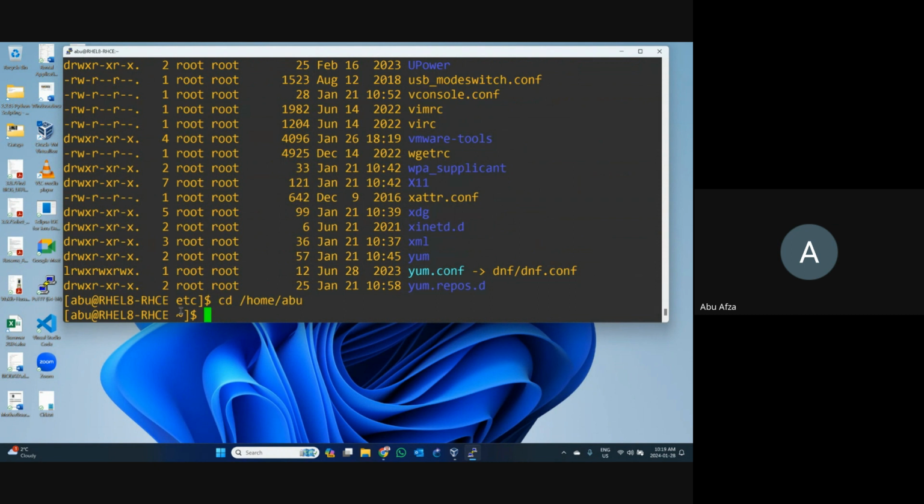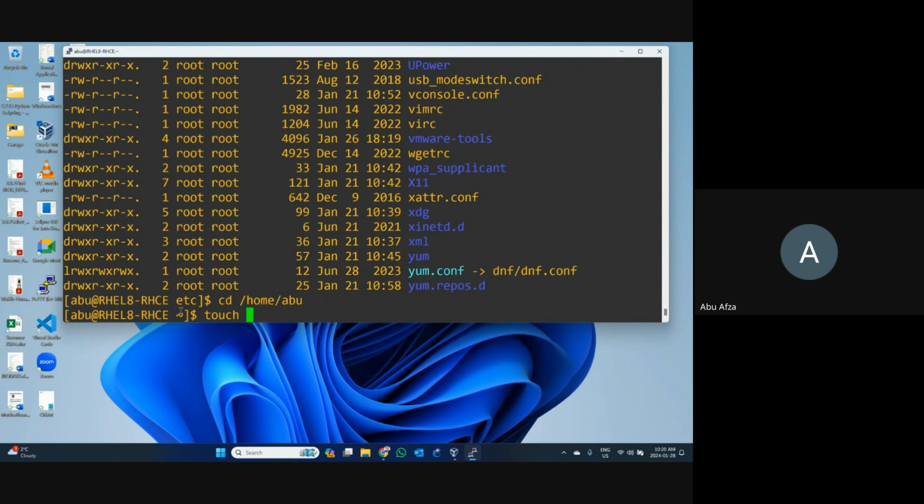Let's create a file. How to create a file? File and folder, that's two things. For a folder, use make directory. For a file, there are lots of ways we can use, and step by step we will show. Let's create a file with touch. Touch is a command that actually creates a file.